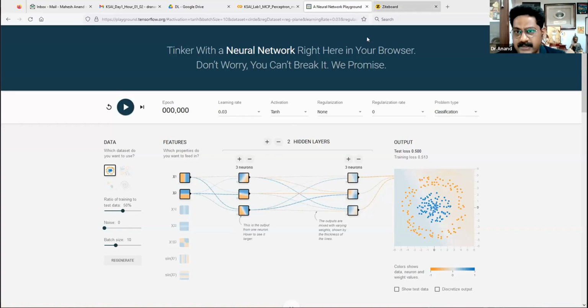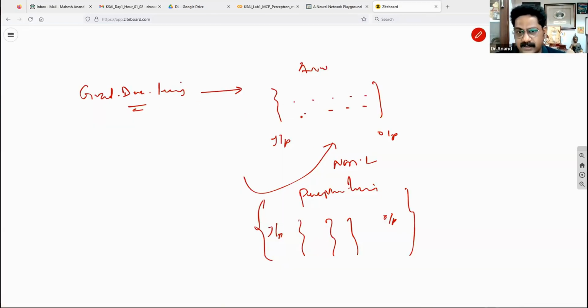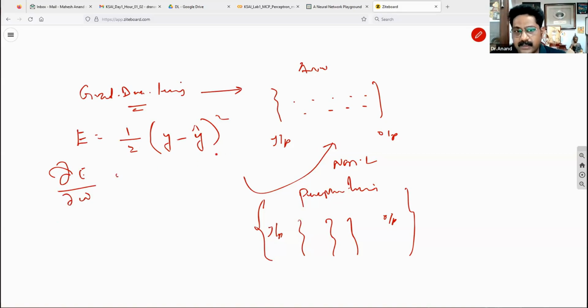As a quick pointer, I have given a very basic level introduction to what equation we are going to start with. We are going to start with this error function. I'm going to introduce this 1 by 2 for a mathematical reason. I will tell you, when you try to differentiate this dou E with respect to dou weight, generally what